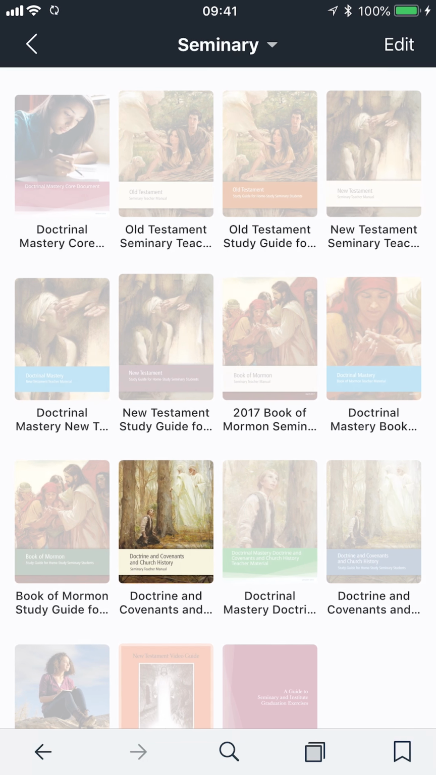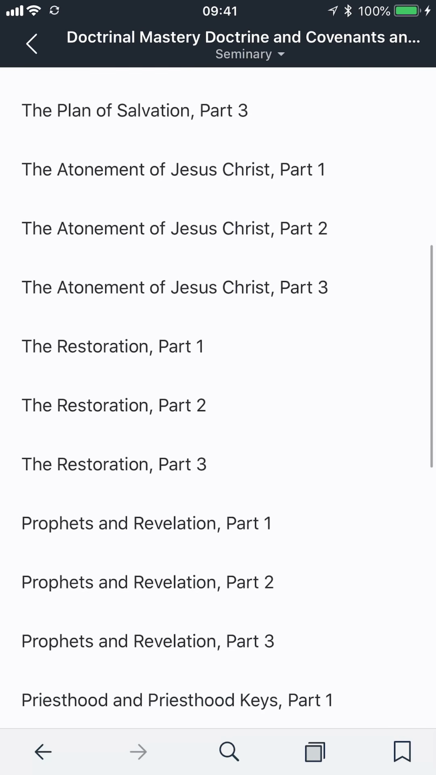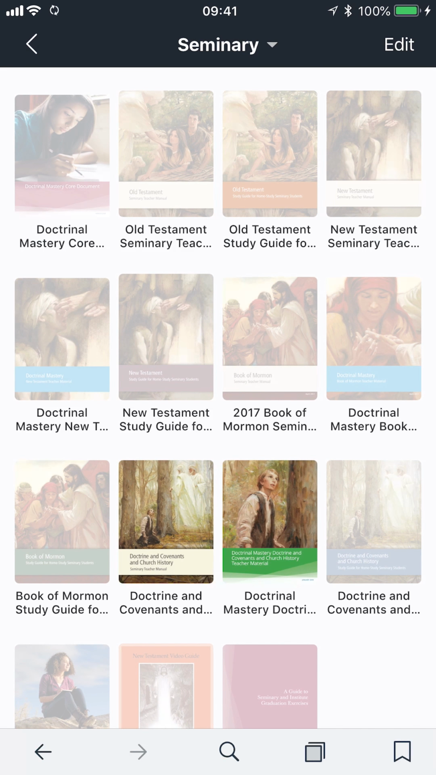and church history. The second thing I would download relates to Doctrinal Mastery. Doctrinal Mastery replaced Scripture Mastery a couple years ago, and there's some teacher and student material I want you to be aware of. I would download the Doctrine and Covenants Doctrinal Mastery teacher material here. There are lesson outlines for acquiring spiritual knowledge, and then the 9 gospel topics that are studied in Doctrinal Mastery. You will use these outlines in conjunction with the outlines of the Doctrine and Covenants teacher material to